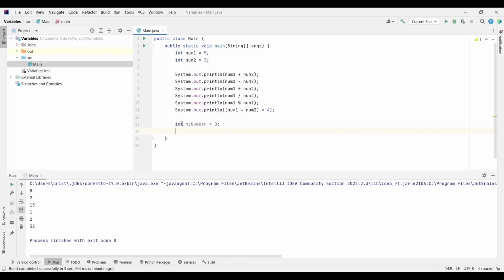What we can do here, I can type my number equals my number plus 1, and this will add to our number. Mathematically this is not correct, because you say my number is equal to my number plus 1, but what we're saying here is that we are adding 1 to my number, and then we store the value in my number.